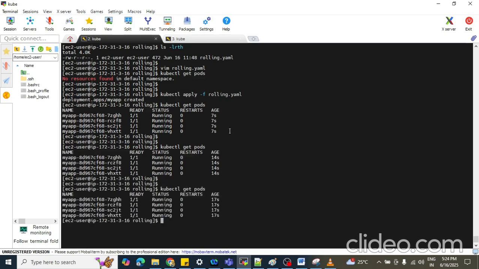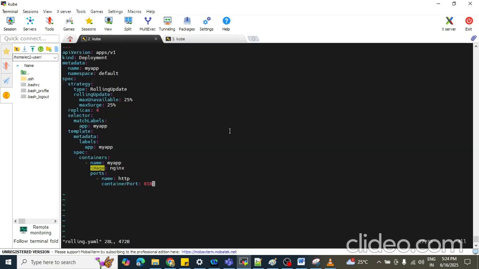Now what I am going to do is vi rolling updates, and change the image name here. Let me put the httpd image, and also change the replica count.